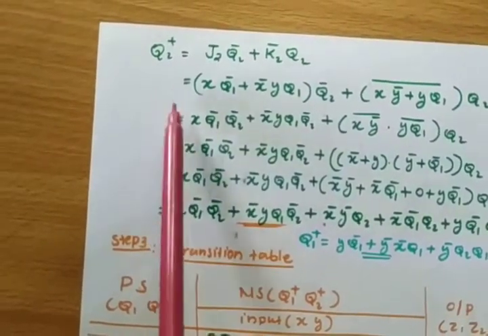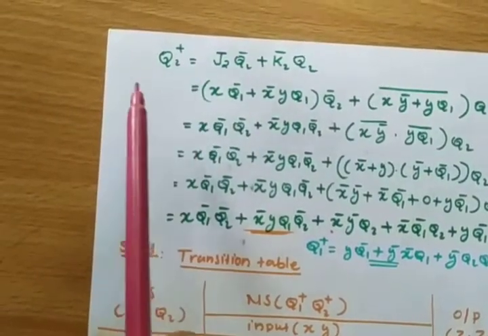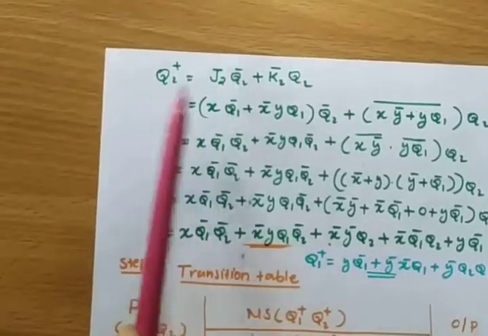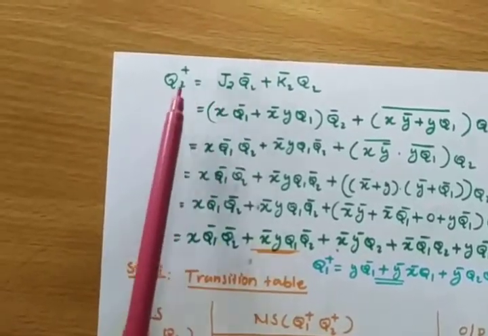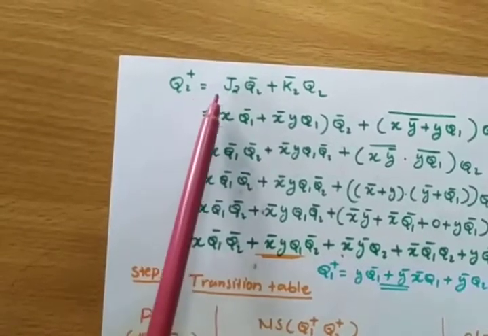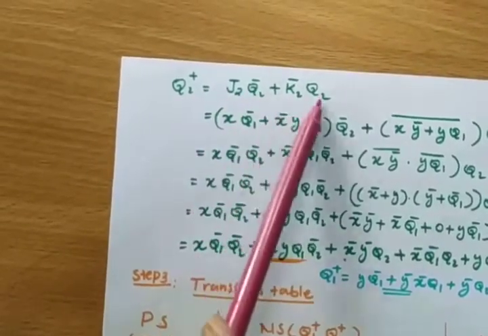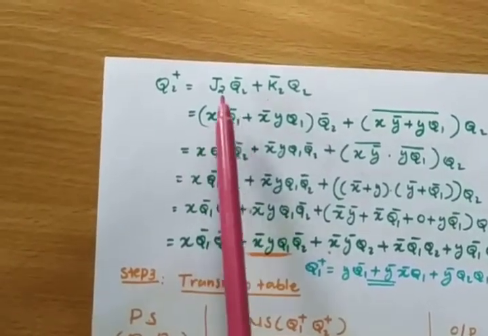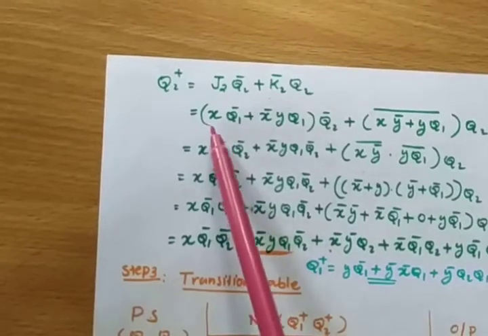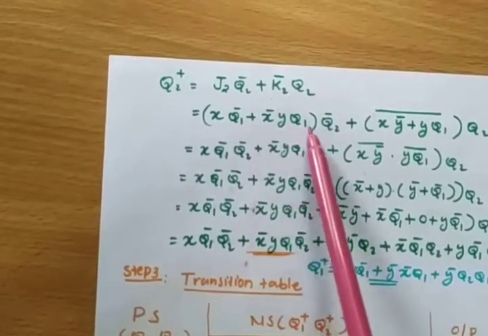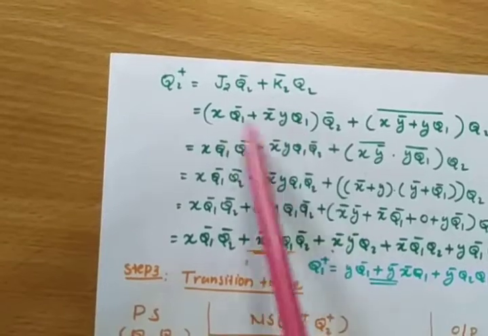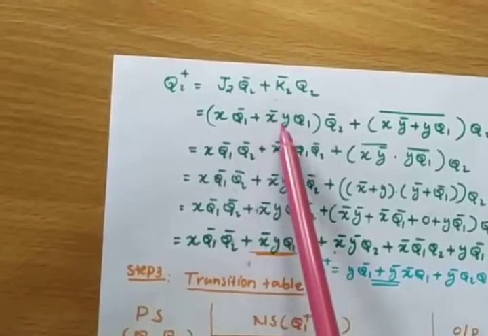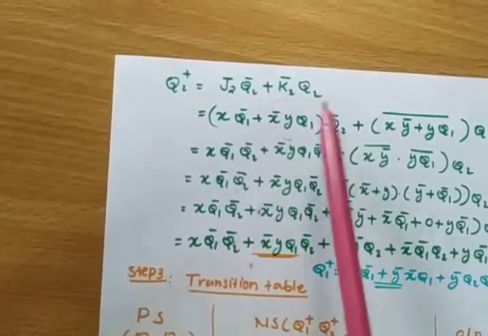Now you have to write Q2 plus. Previously you wrote Q1 plus, now we have to write Q2 plus. So the equation for Q2 plus, instead of 1 we put 2. So Q2 plus equal to J2 Q2 bar plus K2 bar Q2. Okay, so now here J2, you know what is J2? X Q1 bar plus X bar Y Q1. This we found previously as the J2 excitation. So you have to put that X Q1 bar plus X bar Y Q1 into Q2 bar plus